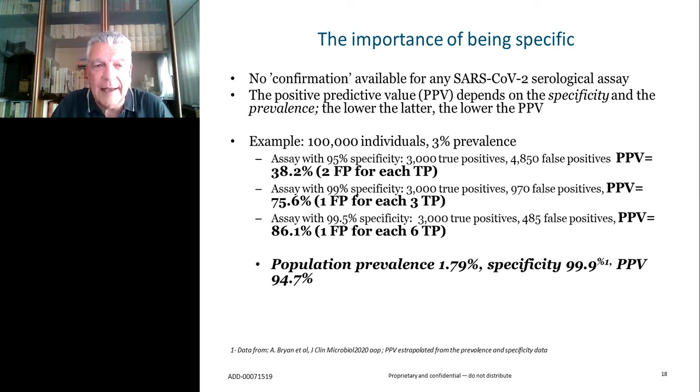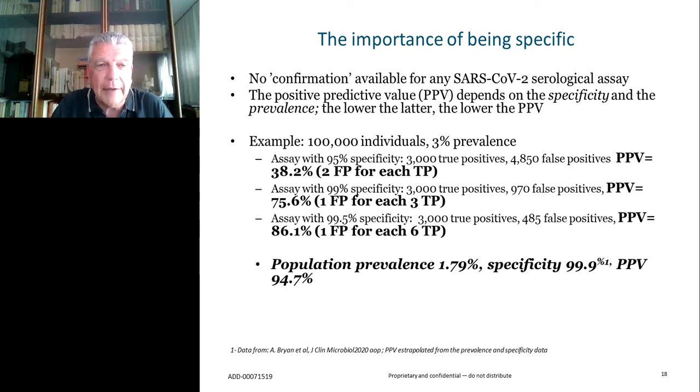If you take into account this kind of population with an estimated pretest probability of 3%, and you use an assay that has a lesser level of specificity, which may be considered good in diagnostics in general, well, in this case, actually, the predictive value is very low. So you have more false positives than true positives. If you increase specificity to 99%, it's definitely better, but still 1 out of 4 will be a false positive, not because the assay is not specific, but because the population has not such a huge prevalence. And if you increase that to a value that is the one actually attained or even better by the Architect assay, you have this kind of positive prediction.